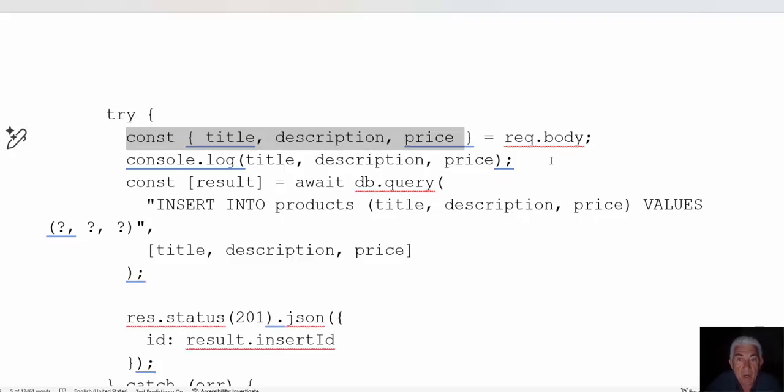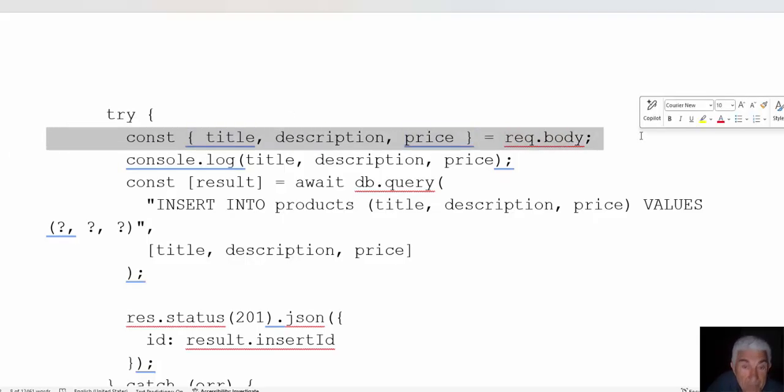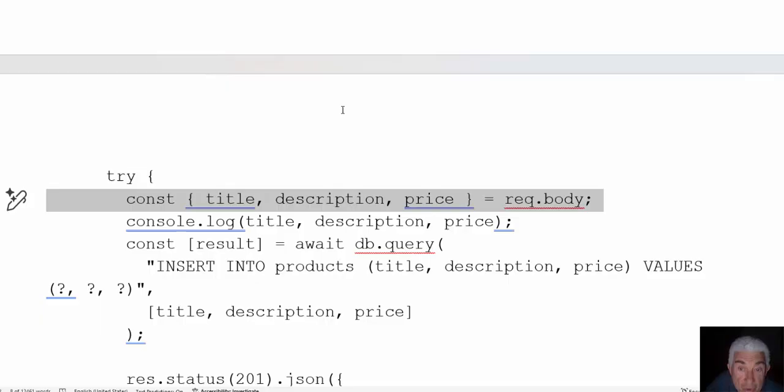But where is the code that converts JSON to JavaScript? This is immediately JavaScript, the destructuring assignment, but before that we don't see any conversion from JSON to JavaScript,